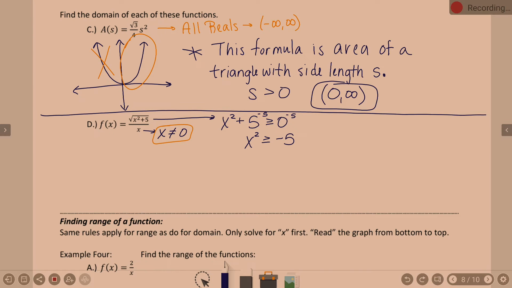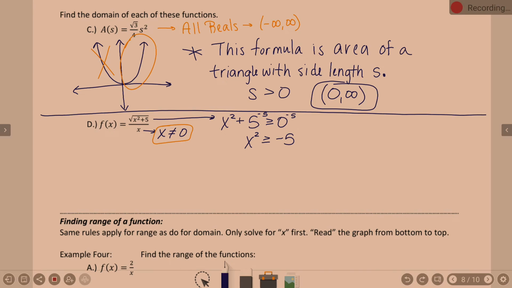X squared greater than or equal to negative 5. Is this going to have an imaginary number? No, we're not talking imaginary numbers. But that's kind of your warning clue: wait a minute, what's going on here? We have to think about this. You go to take your square root and you wonder why we're talking imaginaries all of a sudden. Think logically. Whatever x is,